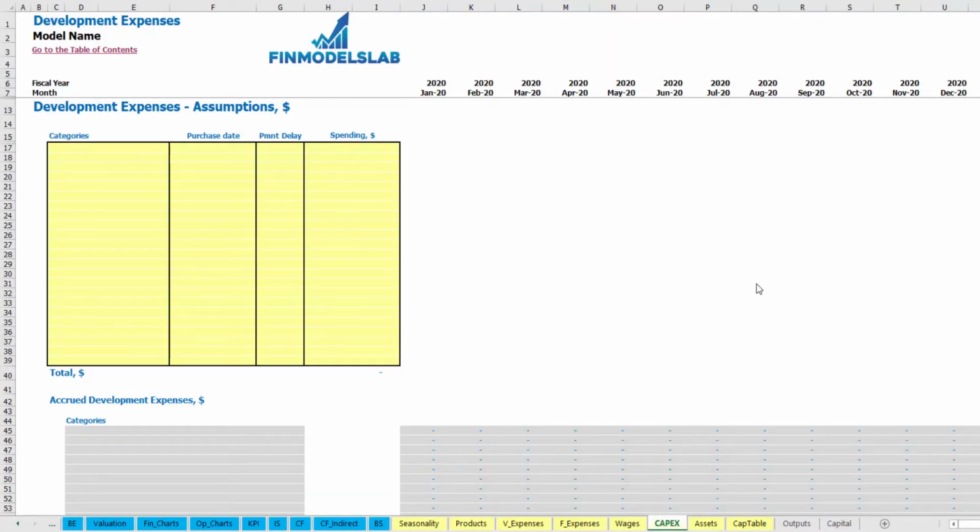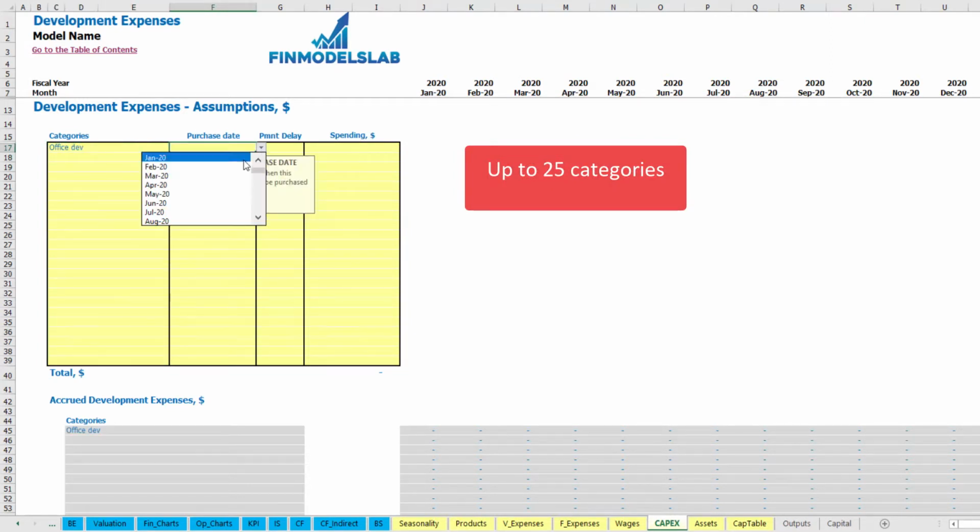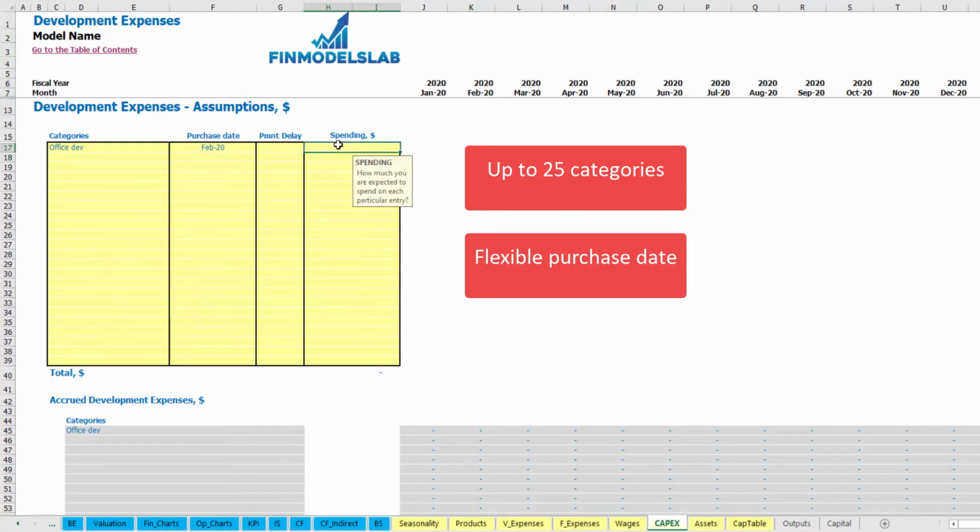On the CAPEX tab, you may input up to 20 development expenses categories. Let me give you a couple of examples. For example, office development with purchase date of February 20 with spending of $10,000,